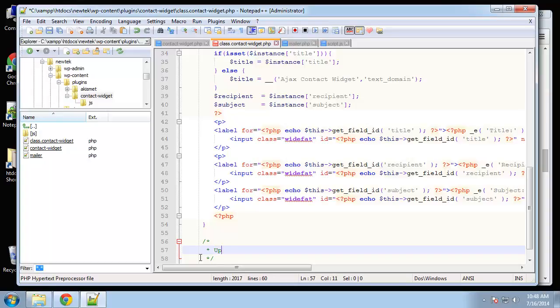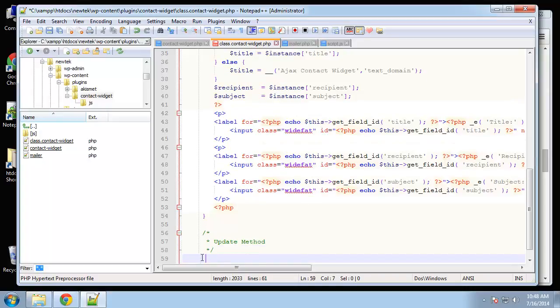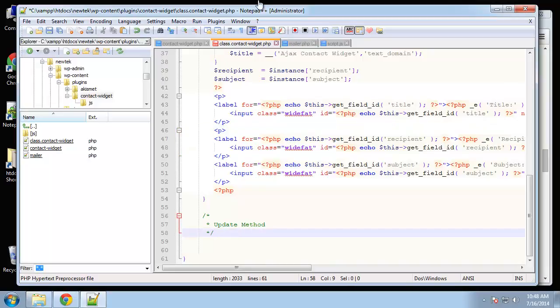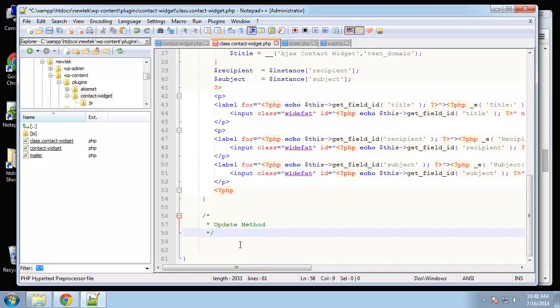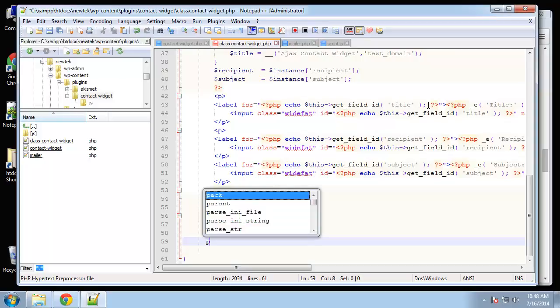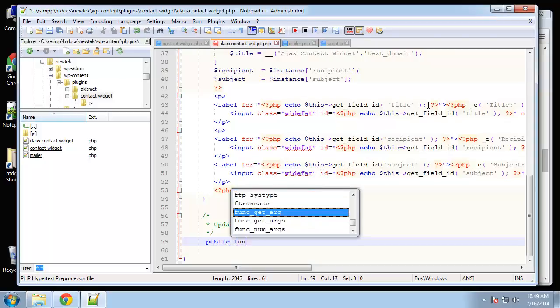So just say update method. You should, if it's a production site, you should be more specific with your commenting. You should put in the arguments, things like that, the return value, but I'm not going to go through all that. Alright, so public